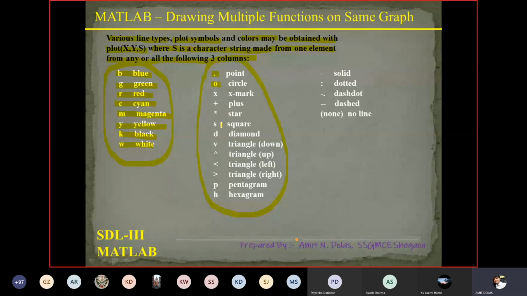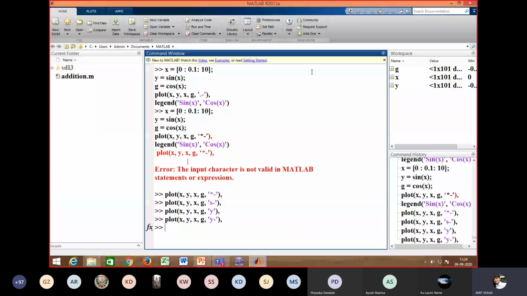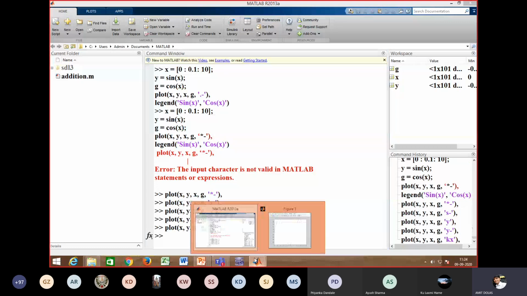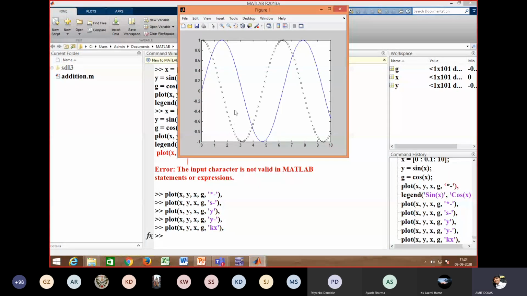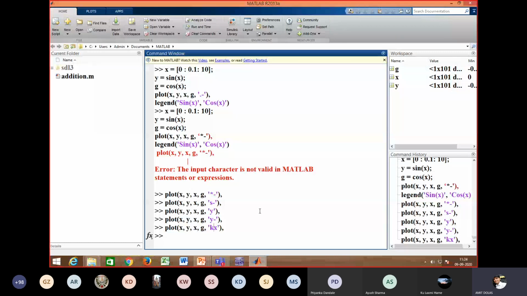If you want a circle mark, then O. If you want a cross mark, like here in the graph, I will make the color black, and you can see the color is black, crosses are there, no line is there because I have not mentioned any symbol for the line. So I'll add the line.